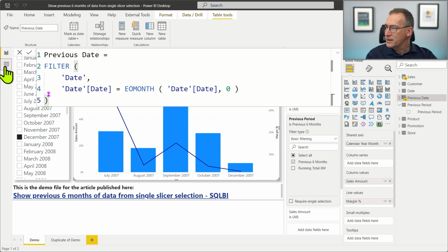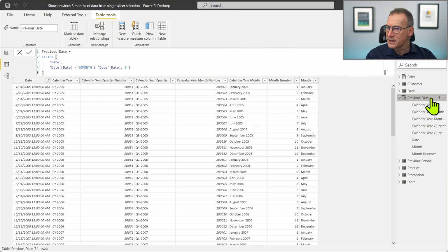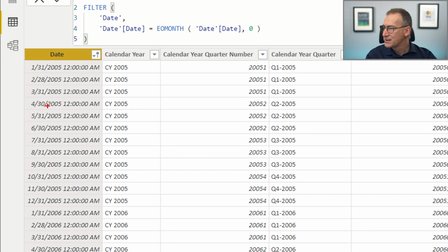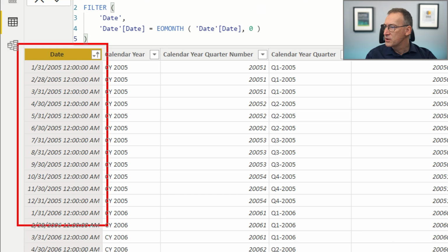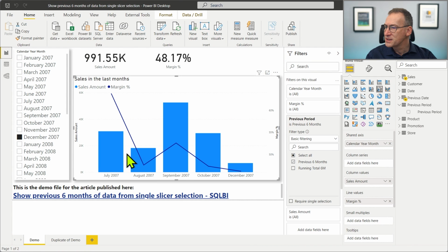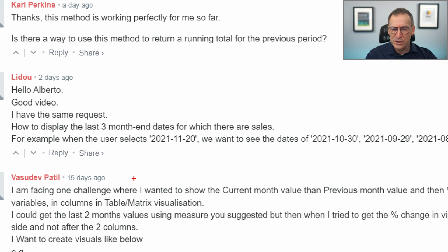Now, by doing that, if I made it correctly, now previous data, let's sort it ascending. Previous date contains only the end of each month. And when the filter on previous date happens, what you see here is only the data at the end of the month. That doesn't actually solve the problem, because the question was not how to show only the last end of month